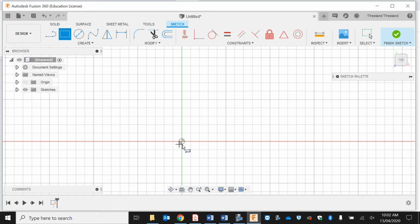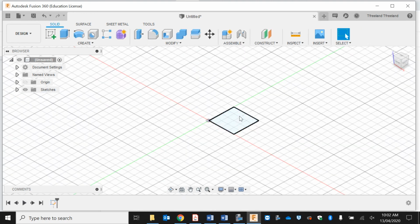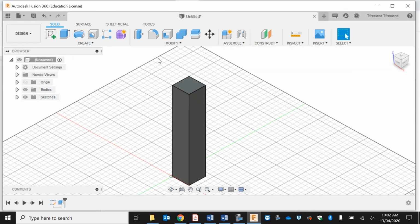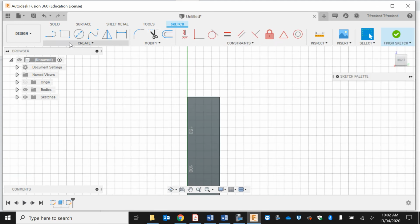Now I'm going to do a 2-point rectangle, and I'm just going to make this 40 by 40, which is the footprint. I'm going to extrude this up by about 200, like so. Got my leg there. Now I'm going to choose a side, and I'm going to use my line tool, turn